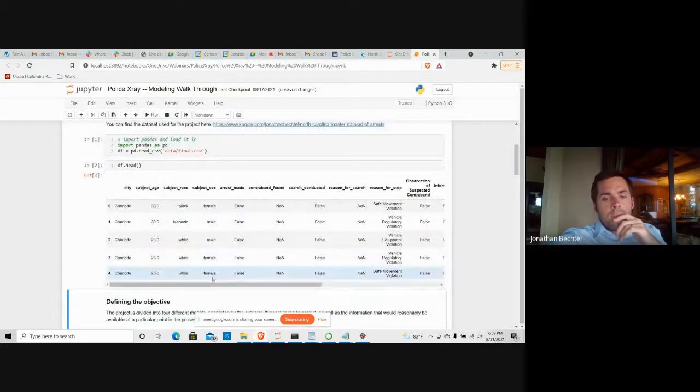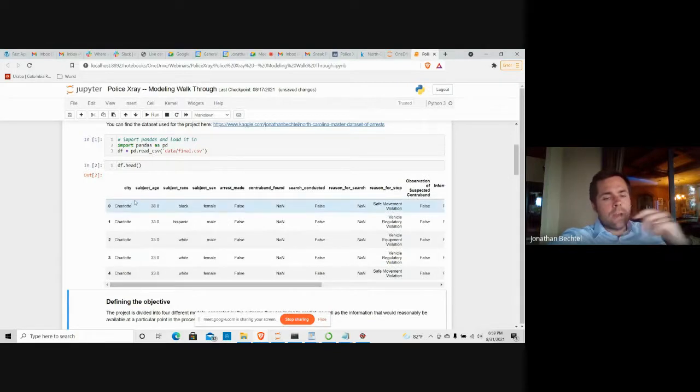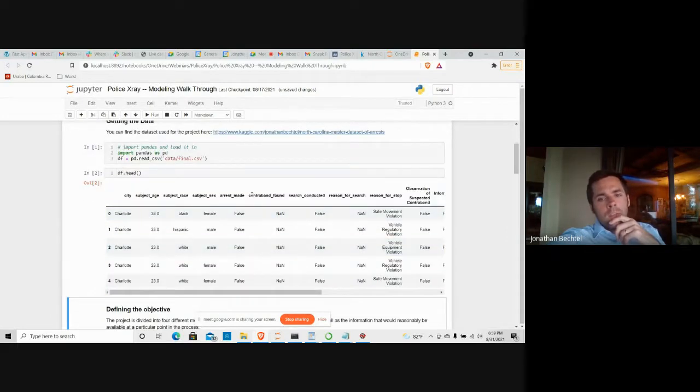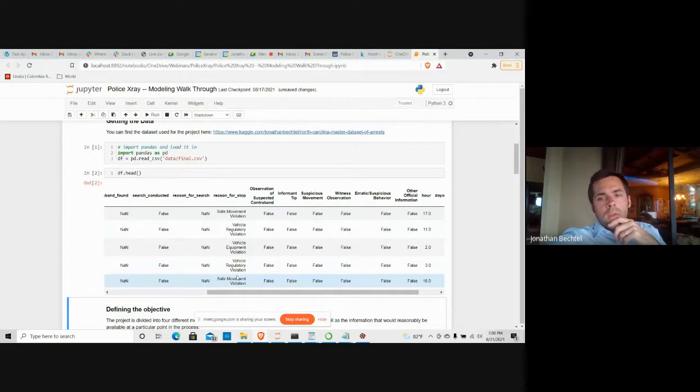Okay. So this thing is a formatted version of about 5 different data sets for different cities in North Carolina. So the basic idea here: the city they're pulled over in, age, their race, sex, whether or not they were arrested, if they were searched, whether or not contraband was found, okay? And then NaN basically means they weren't searched, because this column is only relevant if the search itself was actually conducted. So here, whether or not they were searched, if they were searched, the reason why, the reason they were pulled over, okay, and then finally,